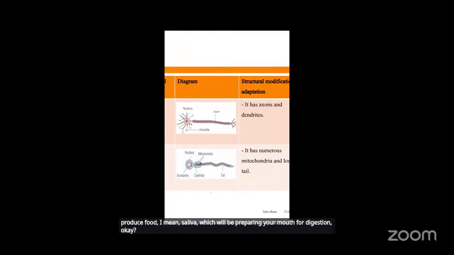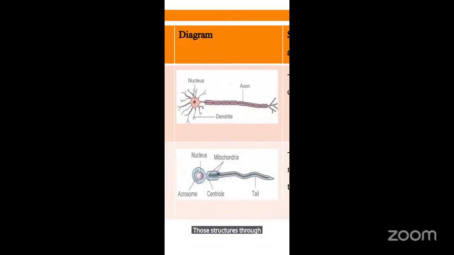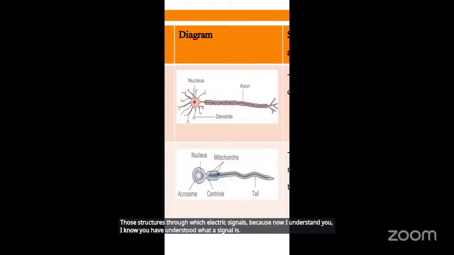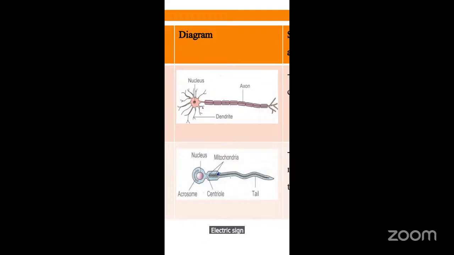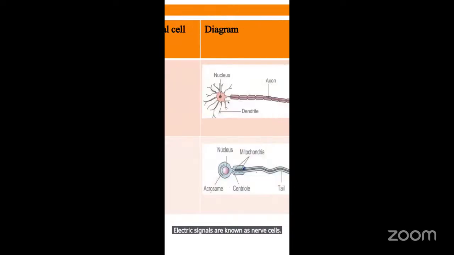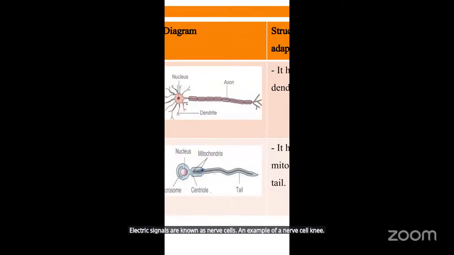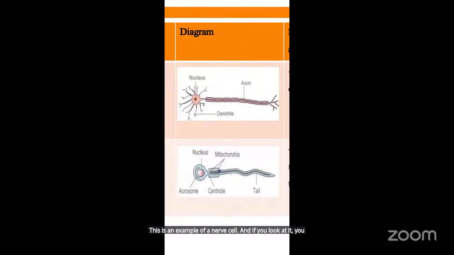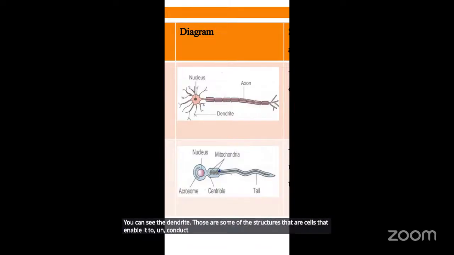Okay, now I know you have understood what a signal or an impulse is. So those structures in the body that conduct or transport electric signals are known as nerve cells. An example of a nerve cell is this. If you look at it, you can see the nucleus, you can see the axon, you can see the dendrite. Those are some of the structures of a nerve cell that enable it to conduct or transmit impulses